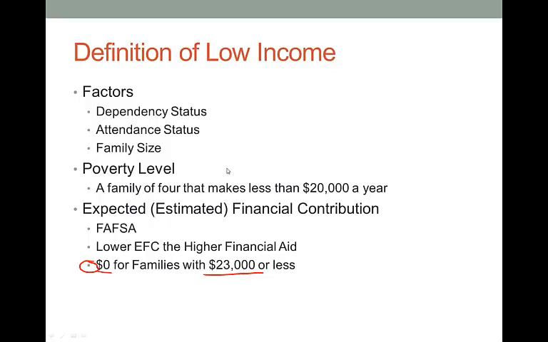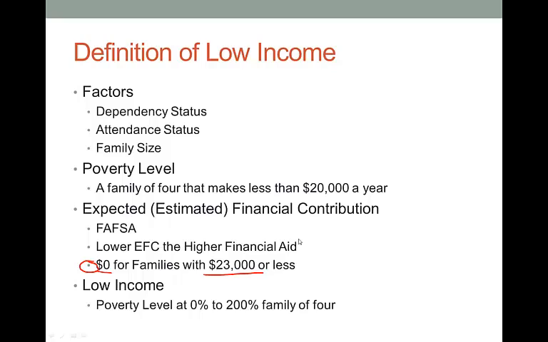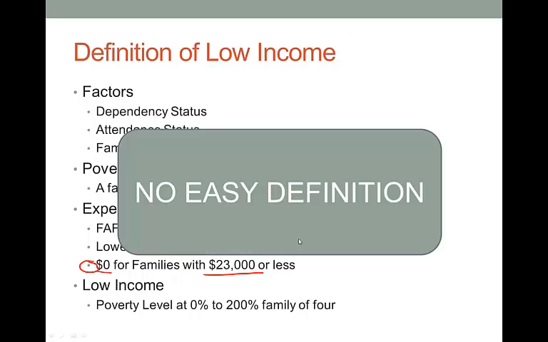But like we talked about, you can have a family that could be low income that has a large family, multiple kids in college, and may have a mediocre EFC. So really, for our purpose, we're going to be defining low income as poverty level at 0 to 200% for a family of 4. Now, it really just depends on the individual themselves. So what am I getting at? Well, I'm getting at that there's no easy definition for low-income students, because you can have a family that's making $150,000, have 5 kids, have 2 mortgages, and have an EFC that's very small.